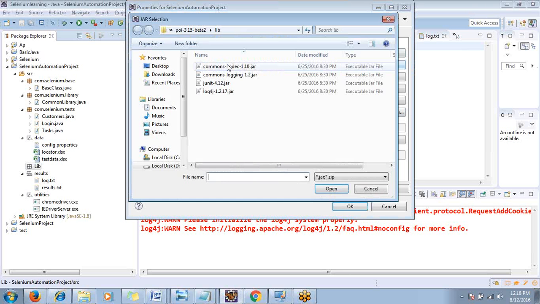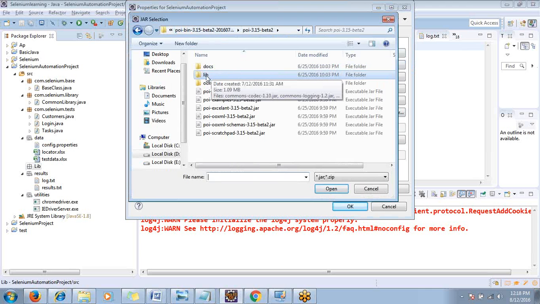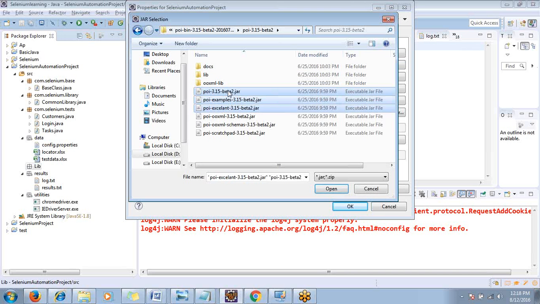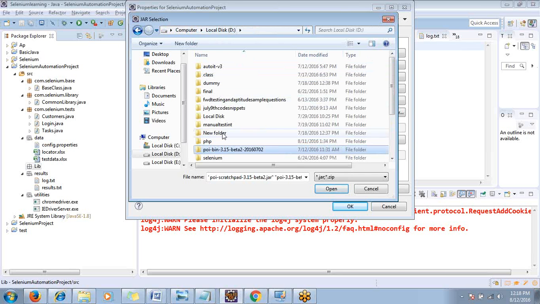So, here you have added what are the things you have added. You have added the jars under lib and jars under XML lib and all the jars available here highlighted here. And after this,